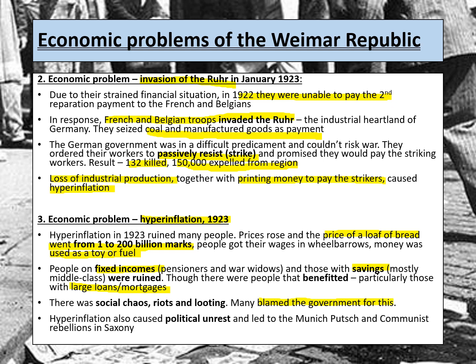Now, in terms of hyperinflation, it was not only causing economic issues, but also did cause things like the Munich Putsch. We know from the last slide that the Munich Putsch was caused because the Nazis felt that this was the perfect opportunity to take over the government and get support of the working people in Germany, who perhaps felt that they had suffered heavily from hyperinflation. There were also some communist rebellions in Saxony, which again were rioting against the issues being caused by the current Weimar government. So I hope that helps you to understand that although these could be classed as some political issues, they are economic problems that then lead to political problems further down the line.